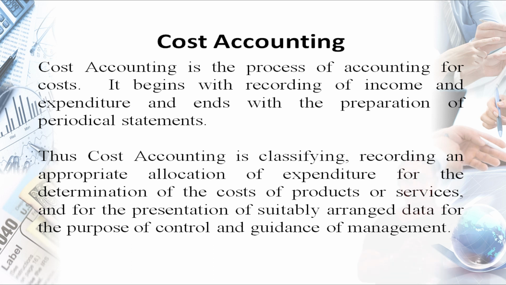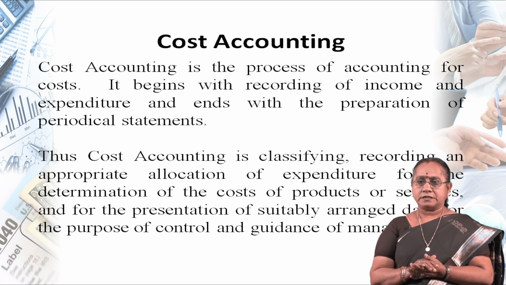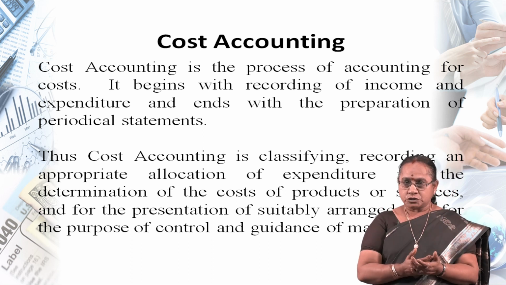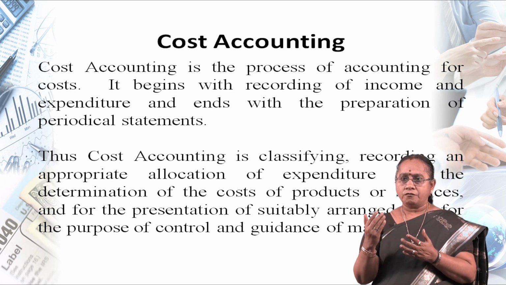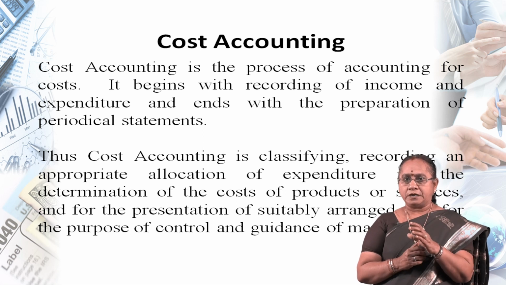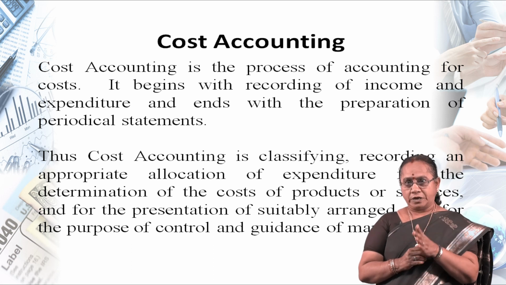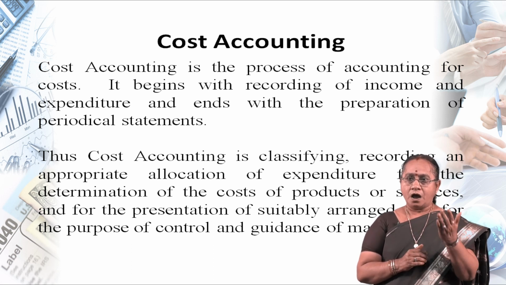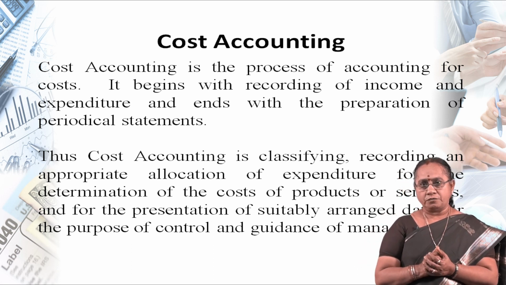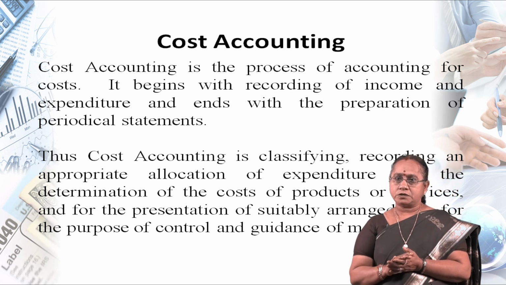So, here it is referring to classifying, recording and appropriate allocation of expenditure. That means the expenditure may be for production as well as for administration or office expenses, selling expense, whatever it is. That expense should be classified and appropriated to a proper location, whether it is administration or selling, or to which product. So, it should be apportioned properly. That is why cost accounting is classifying, recording and appropriate allocation of expenditure for the determination